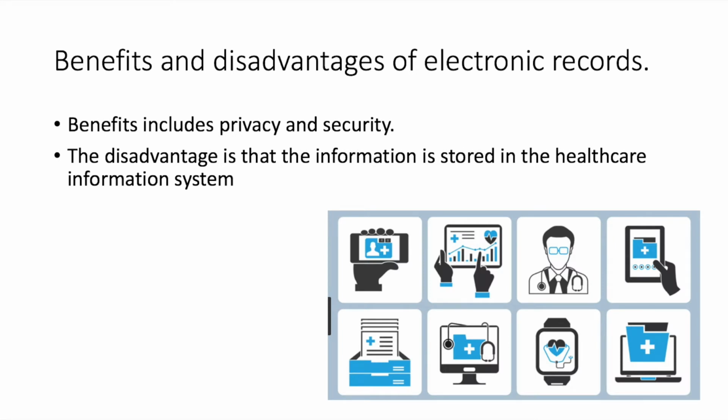Benefits of electronic records include privacy and security. For example, there is an audit trail that records when the information was accessed, the date, and time. Only a certain number of people can access the information, so finding the person who accessed the information can be